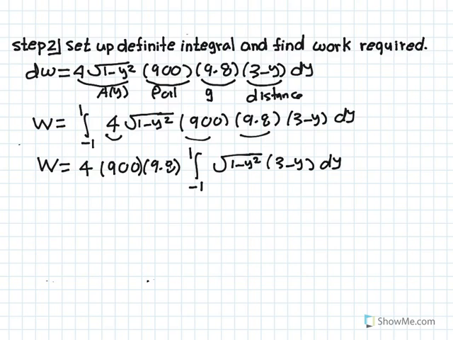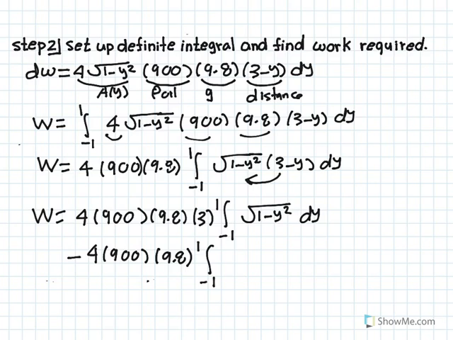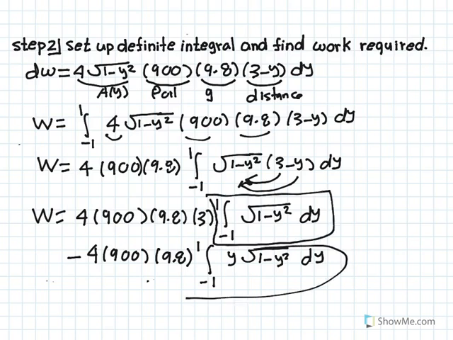Let's split up the integrals and evaluate each integral separately. So the work is going to be equal to 4 times 900 times 9.8 times 3, integral from -1 to 1 root of 1 minus y squared dy, minus 4 times 900 times 9.8 integral from -1 to 1, y root of 1 minus y squared dy. We're going to evaluate these integrals separately, then add up the two results and get the work required to empty